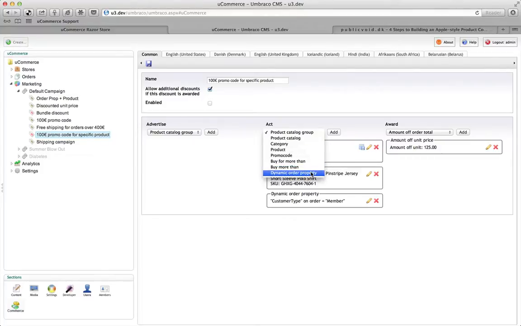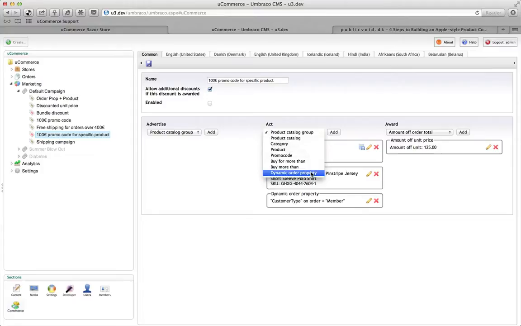And you might be wondering, what do I do if I'm missing a target here? If there's something I want to target but we didn't think about? Well, this stuff is built using that framework first principle that I talked about before. So of course you could just go ahead and build your own target, plug it into uCommerce, and it will work in concert with the existing targets. Again, one of the things that really annoyed me about other platforms was the inability to do something like this, because